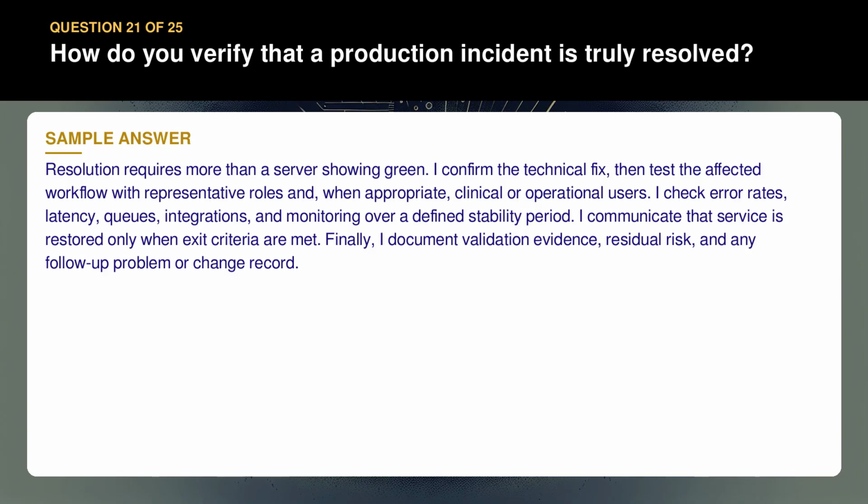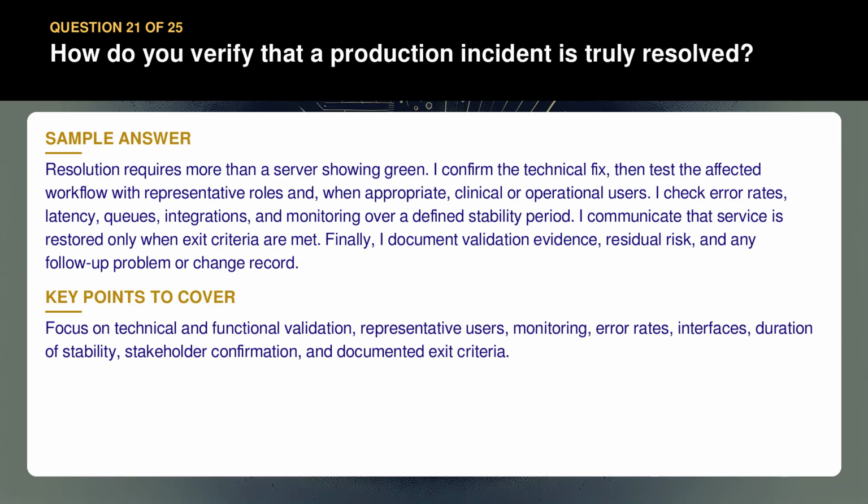I communicate that service is restored only when exit criteria are met. Finally, I document validation evidence, residual risk, and any follow-up problem or change record. Focus on technical and functional validation, representative users, monitoring, error rates, interfaces, duration of stability, stakeholder confirmation, and documented exit